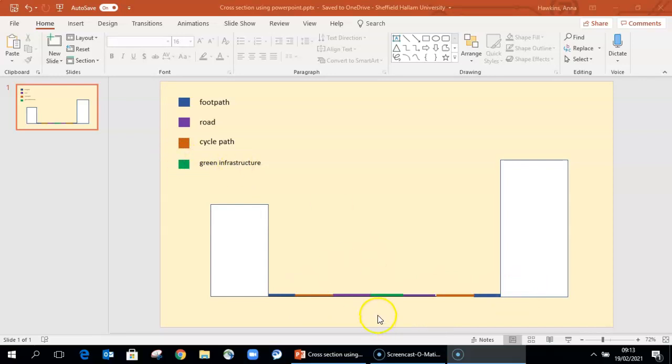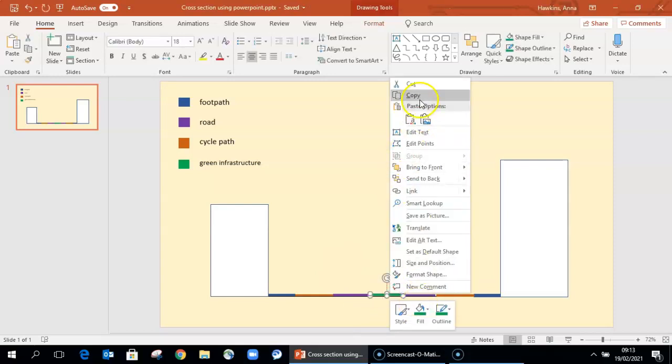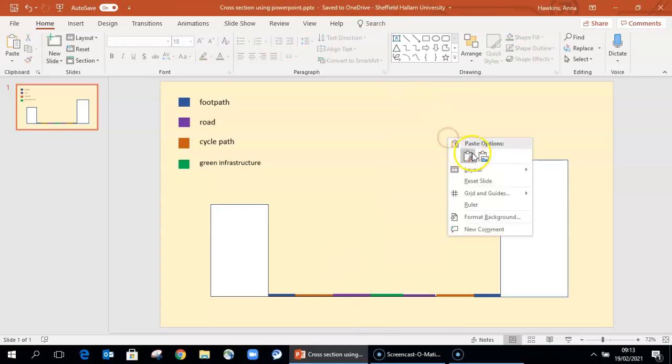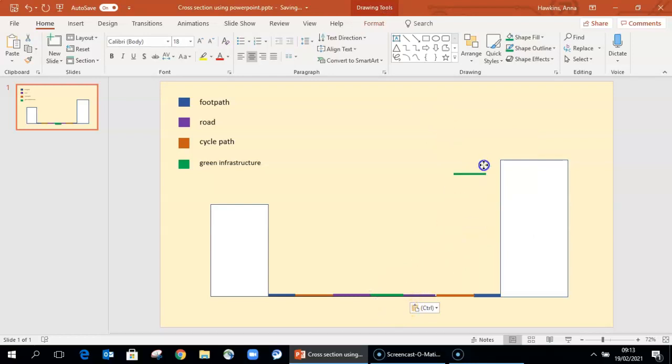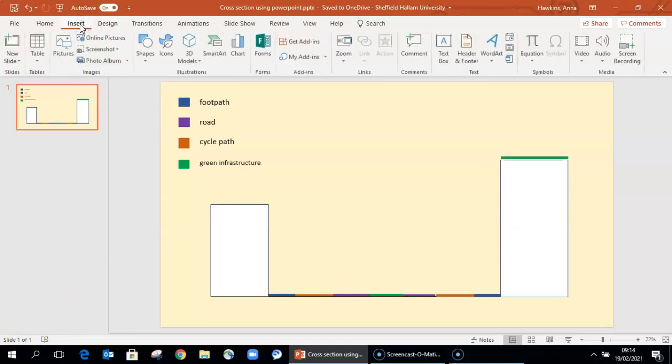So because I've identified green as green infrastructure, that means that if I want to add any other elements of green infrastructure to this diagram, I can just use the colour block instead. So if I want to add some green roofs to here, I can just use the same colour and identify that what we're looking at here is green infrastructure. The alternative is that you can annotate,